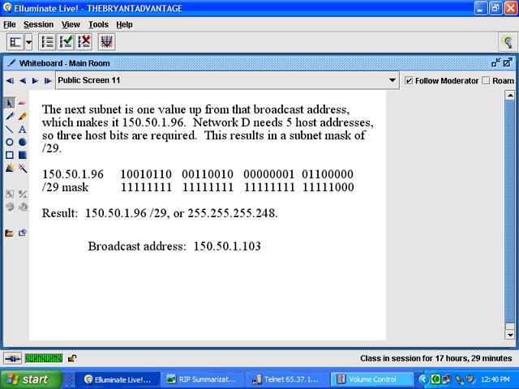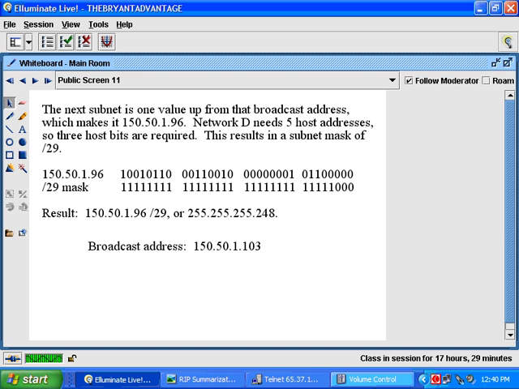And what you don't want to get into even 6 months from now, or a year from now, or 2 years from now, is a scenario where you have to reconfigure your IP addressing scheme because you don't have enough addresses. So again, in the real world, leave yourself enough room when it comes to subnetting. Here, we're going to go ahead and use just 3 host bits, which gives us a subnet mask of /29. And the result of that, the network itself is